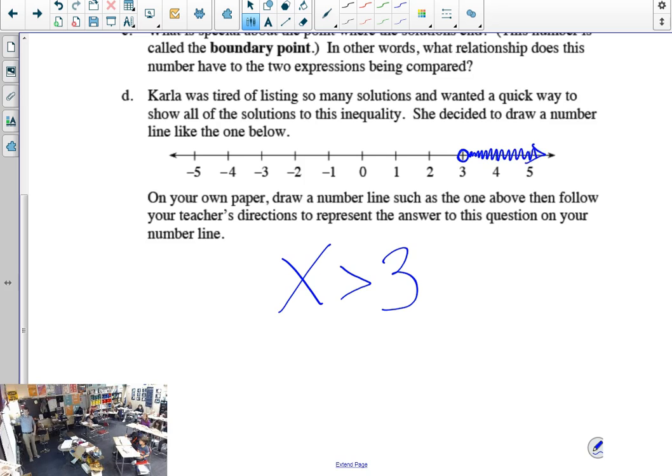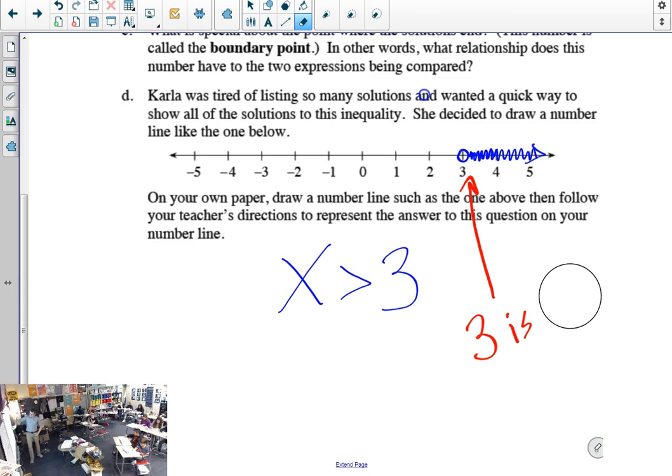Now, when I said put a point, do I fill in that dot? Why? Because there's like two types of alligator sort of things, remember what they're called. There can be one that says greater than, and then one that's greater than or equal to. So this, and we want to make a note in our notes, please. 3 is NOT included here. The boundary point